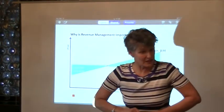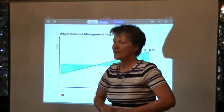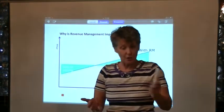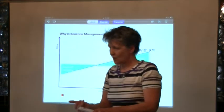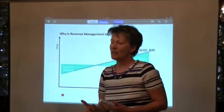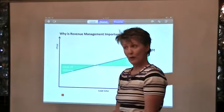Because let's face it, business class seats are a lot more expensive than economy class seats, and yet it's the same seat. It's going from the same airport to the same airport at the same time, and the journey is the same. So how do we make that seat better? Well, first of all, we make the seats in the front row so people feel they're more special,